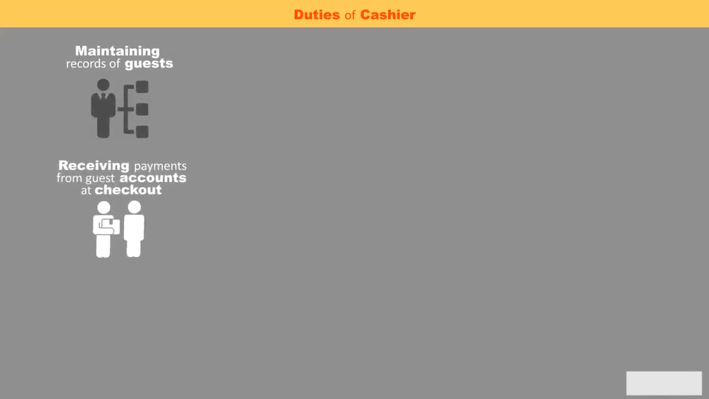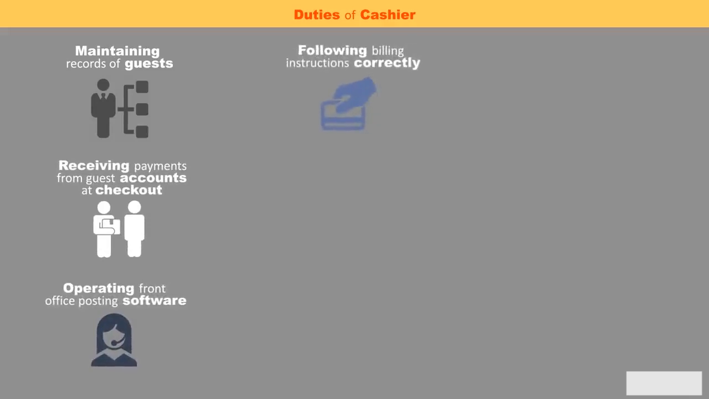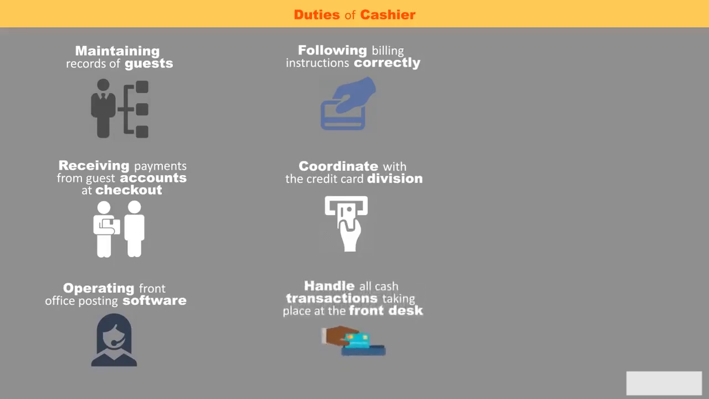Well, there are many other things to look after, right from maintaining records of guests and receiving payments from guest accounts at checkout to operating front office posting software and following billing instructions correctly. We are required to handle every aspect of accounting with absolute precision. We even coordinate with the credit card division, handle all cash transactions taking place at the front desk, check cashing